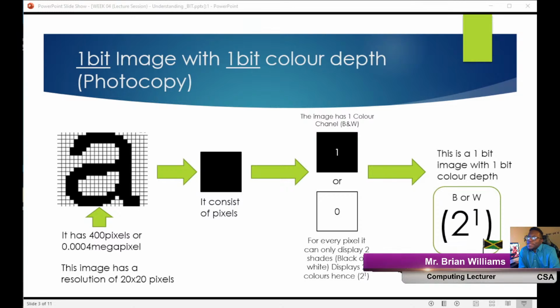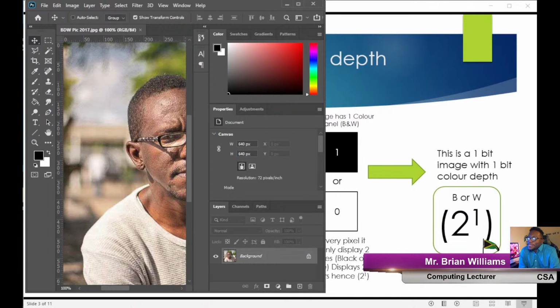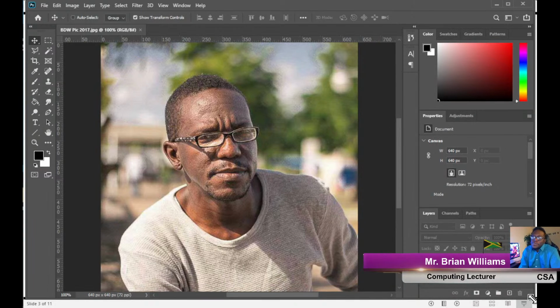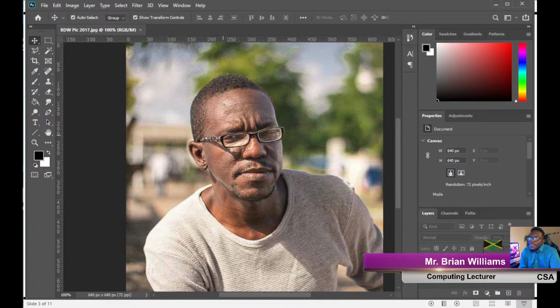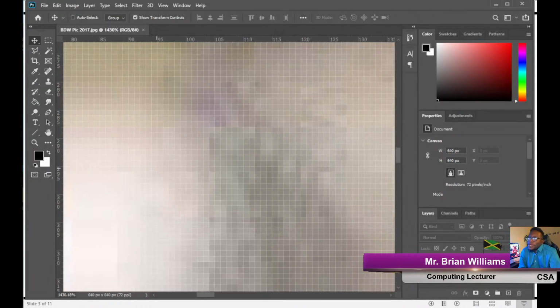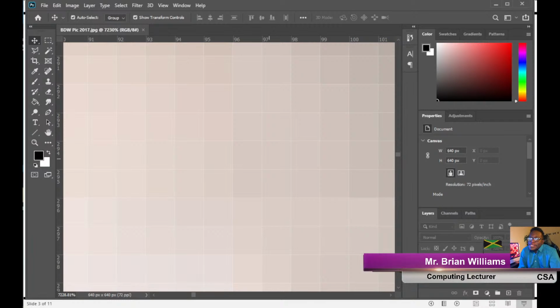Now let's go back to this image in Photoshop here. I don't know if you remember when we did the Photoshop exercises and we zoomed all the way in. If I zoom all the way in on this image here, we always see these square dots that you can see here. Now the idea is,